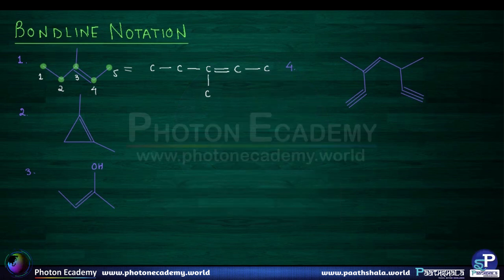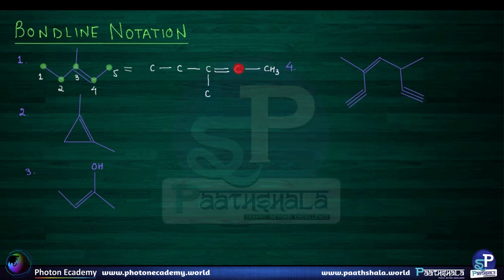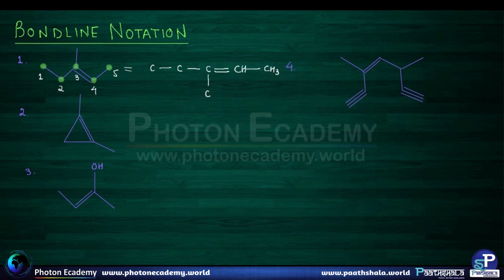So this is CH3. The valency of carbon is 4, and since this is an sp3 hybridized carbon, it will be surrounded with 4 atoms. So this carbon has 1 atom and the rest of the valencies will be fulfilled by hydrogen. This carbon is already surrounded by 1 atom, 2 atoms, and it's sp2 hybridized, so it just needs 1 more hydrogen. So this was CH. If we look at this carbon, it's surrounded by 3 carbons and it is sp2 hybridized, so its valency is full and it needs no more